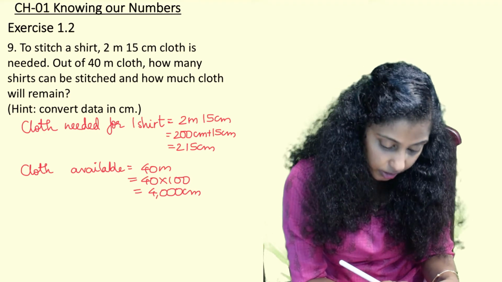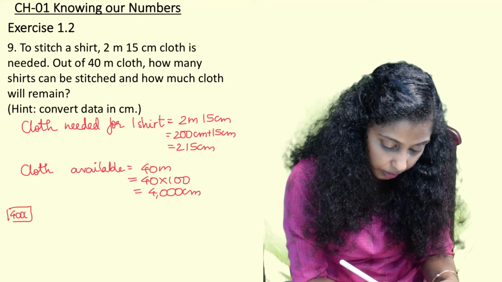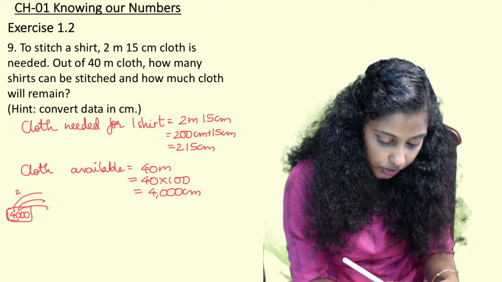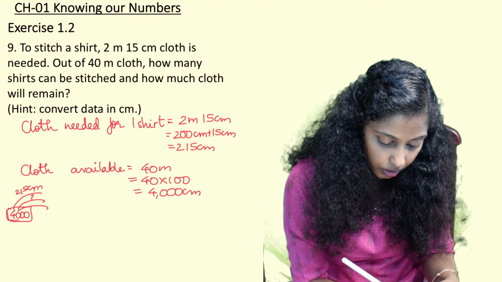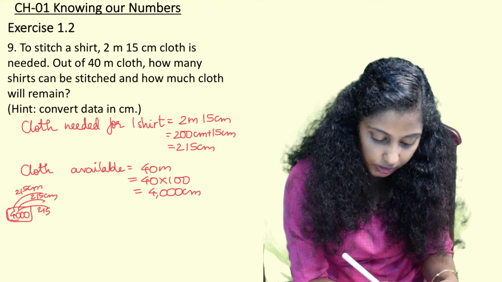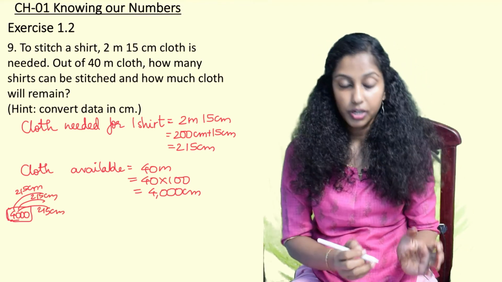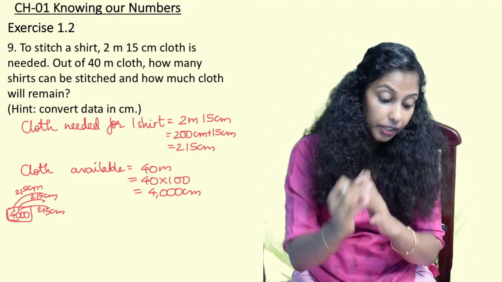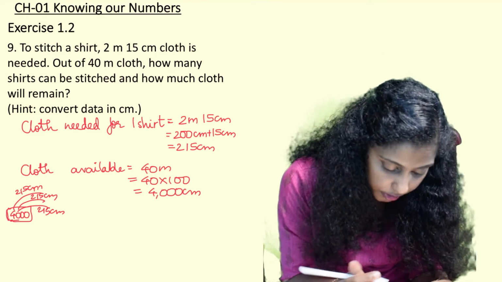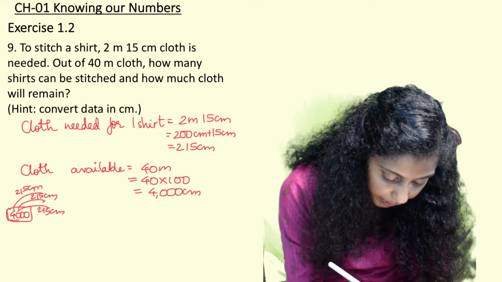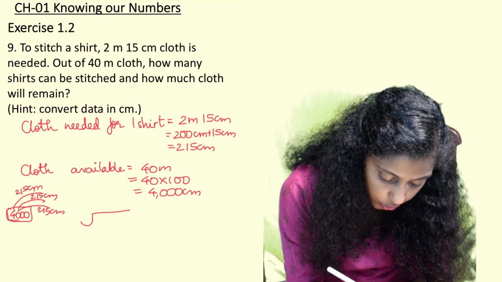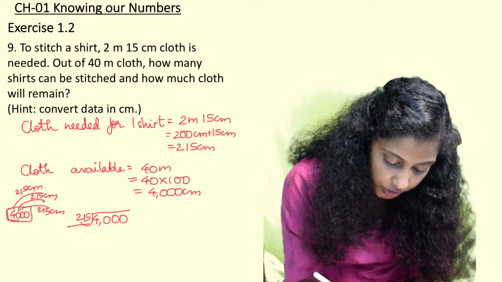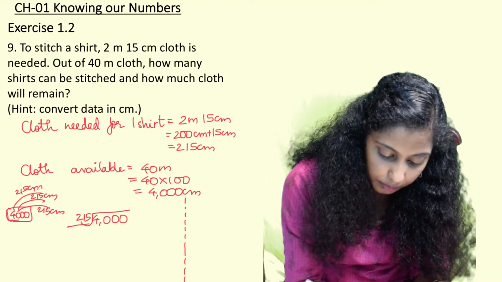So here there is a big box of 4000 centimeter and we have to take out units of 215 centimeter, 215 centimeter and 215 centimeter. So what do we do in this? We do division: into how many parts of 215 centimeter should I divide the whole box of 4000 centimeter to get the shirts. So I am going to divide 4000 by 215. For this division, it will be excellent if we write the table in one corner.